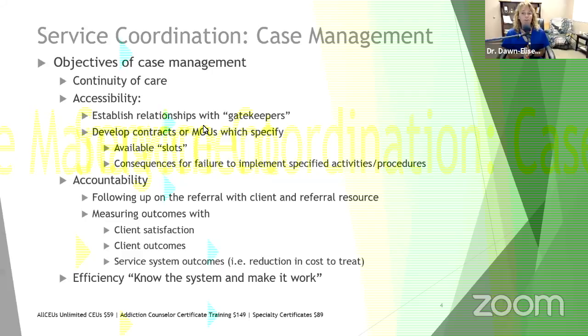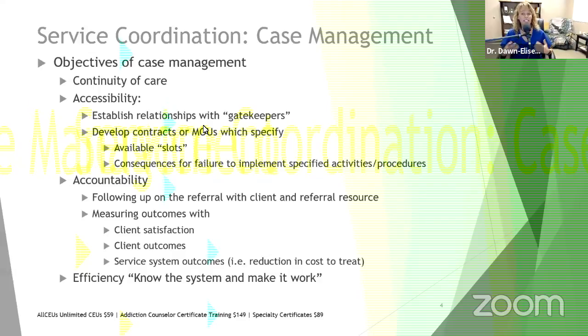I want to measure outcomes with client satisfaction, client outcomes, and service system outcomes, such as a reduction in the cost to treat. So if normally it costs $15,000 to treat this client for a month, but we decide to start referring out for certain other services so we don't have to provide them, that will lower the cost to treat potentially for us.